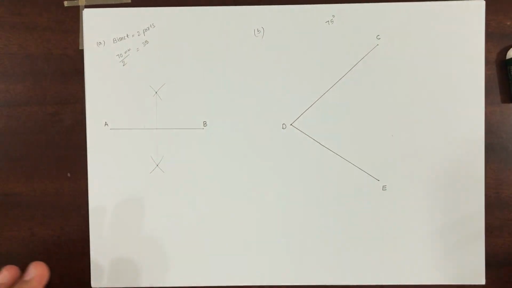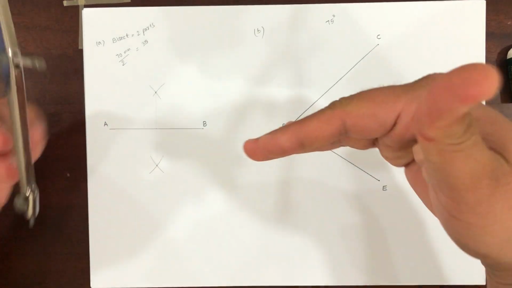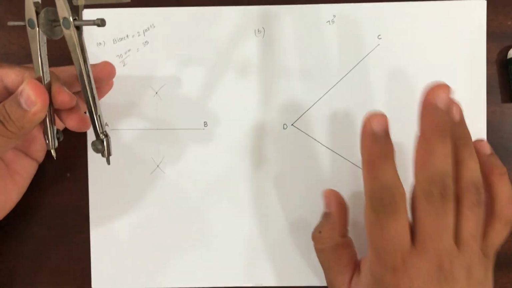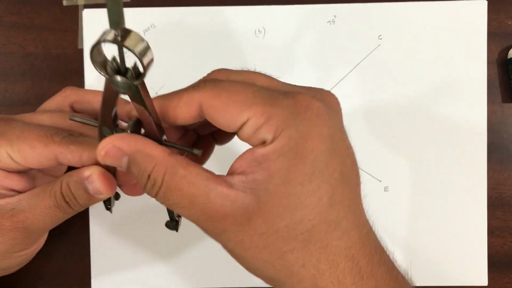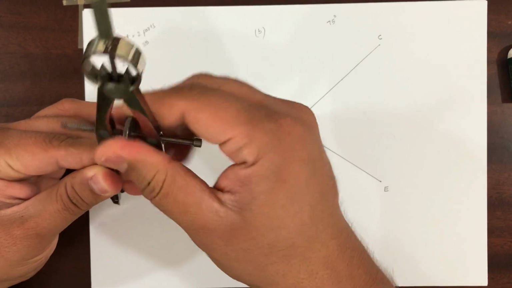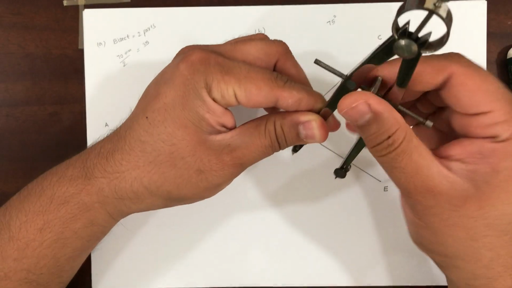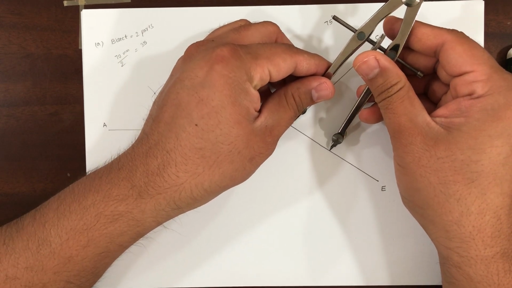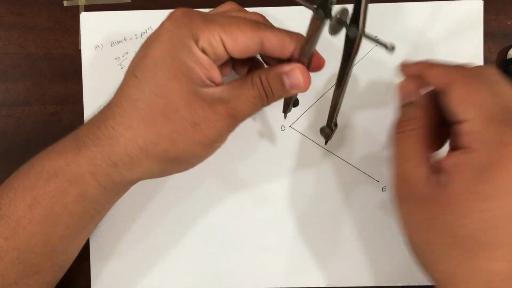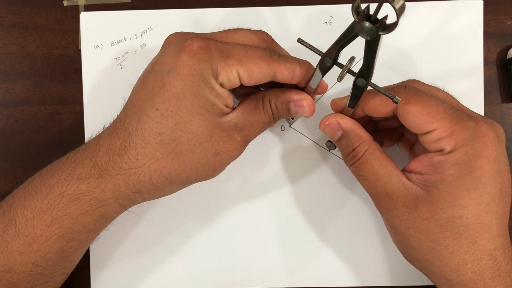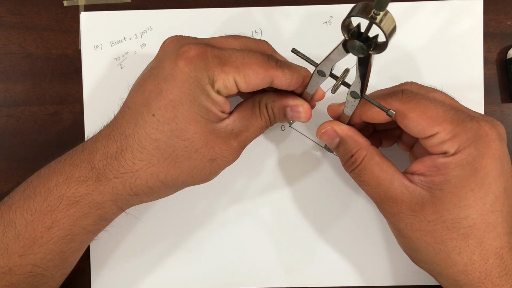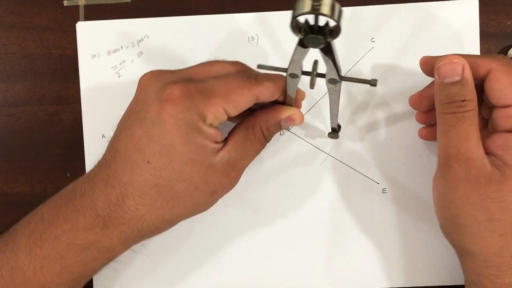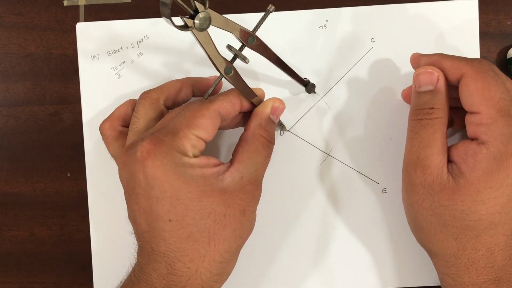Okay, 75 degrees. Now you have to bisect this also. Yani, there is an angle like this, and you have to cut this into 2 equal parts. Again bisect the angle. In order to do that, you can take any size, less than half of this and this, and keep it here at the corner and intersect this line and intersect this line.